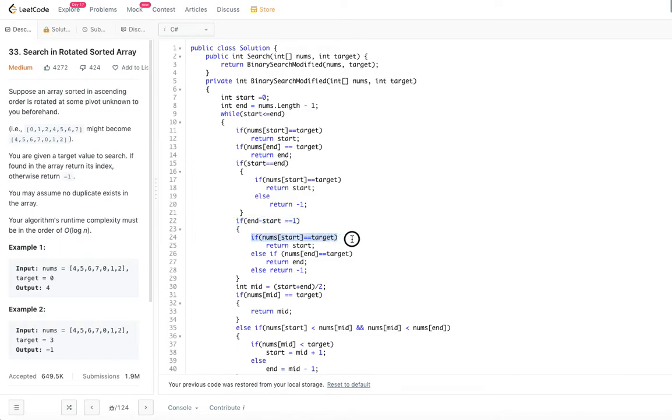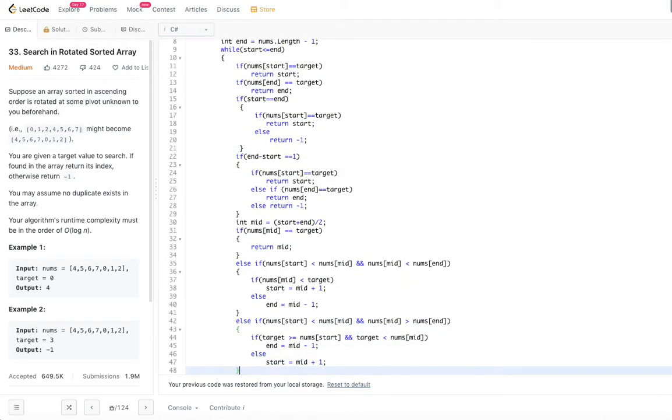So it compares if start is equal to target or end is equal to target, just return. That's it. So these are purposefully I added. You don't have to have them in here if you don't want, but I just purposefully added them to make the whole search faster.